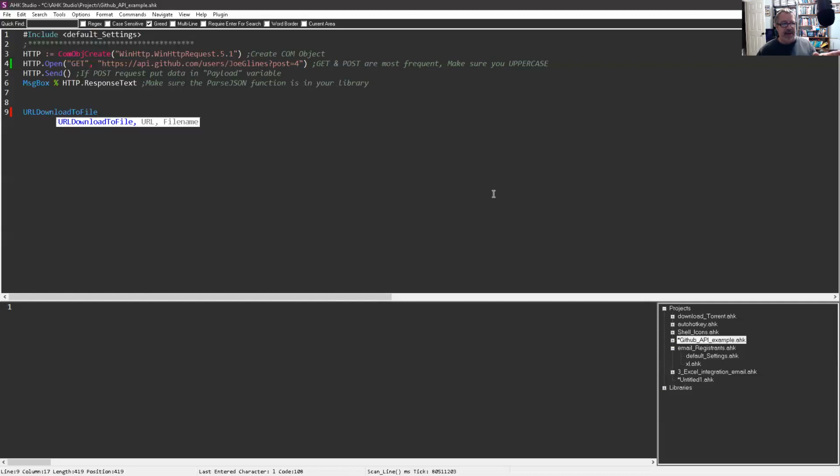Just FYI, years and years ago, this is one of the first things I was trying to do when I was at TI. For some reason, when I was behind a proxy, I couldn't do it at work. I could run it at home and it worked fine, but this wouldn't work. So I had to switch over and learn about the actual object using the WinHTTP request, because this one just wouldn't load.